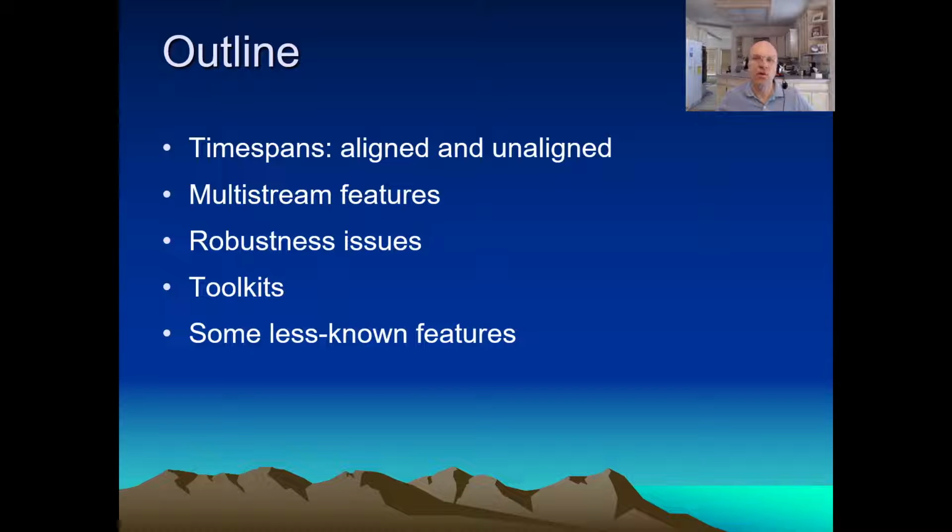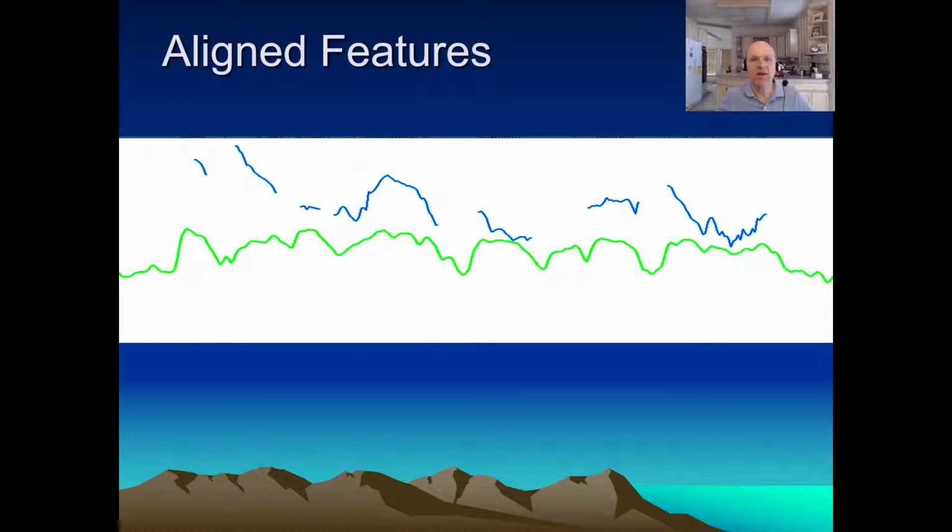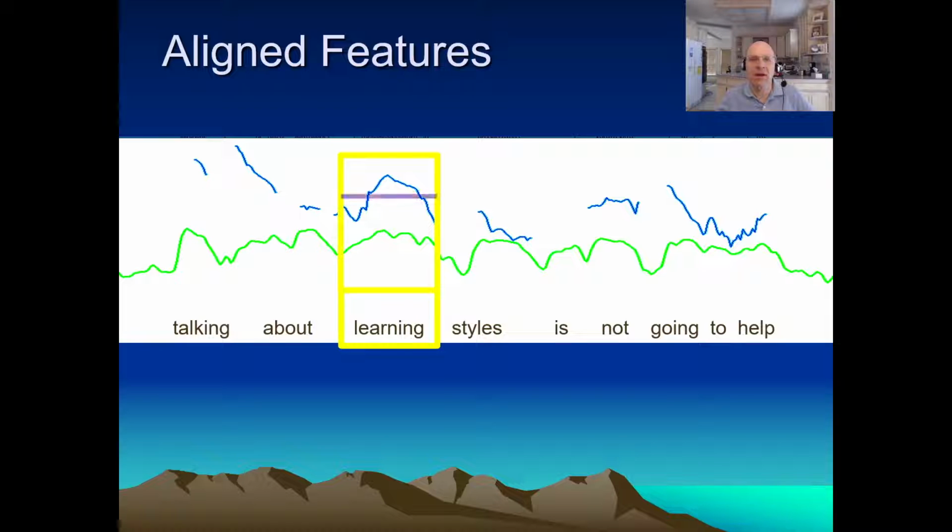For example, over the third word, what is the average pitch? So looking at our example again, one common strategy is to first transcribe all the words. Then you can compute, say, the average pitch over the word learning. And remembering that the F0 is in blue, you'll see that the average pitch here is relatively high. So that could be a useful feature. Or you can do this over syllables or phrases or whatever unit is appropriate.